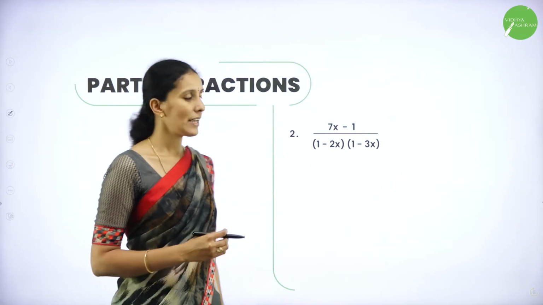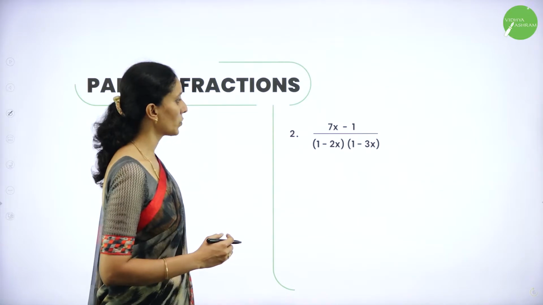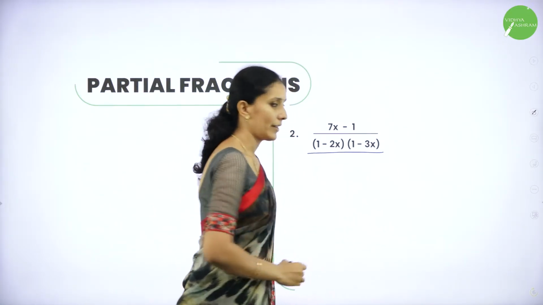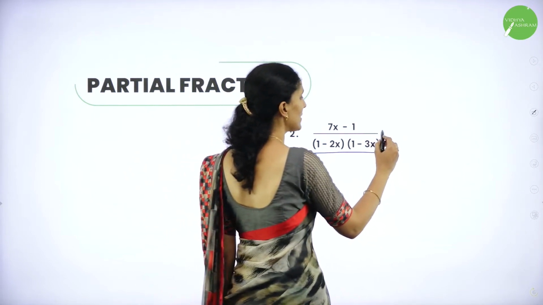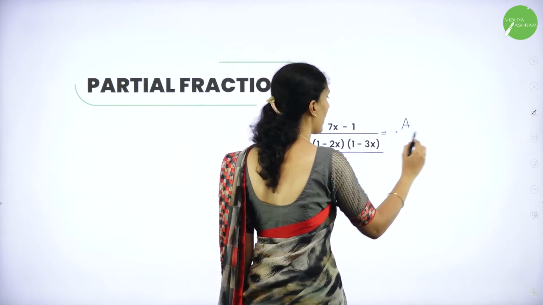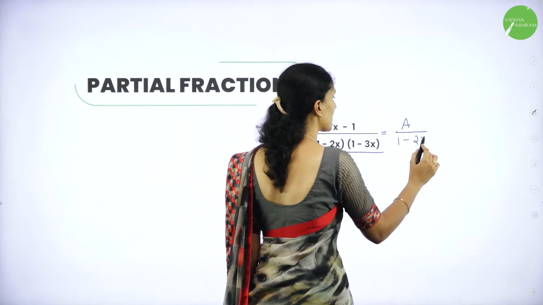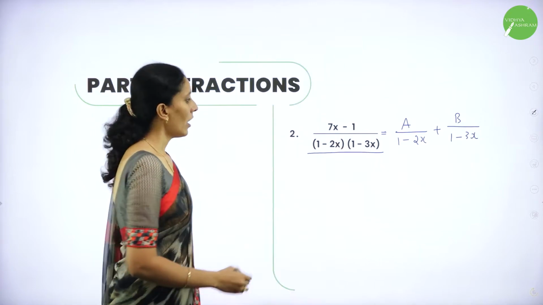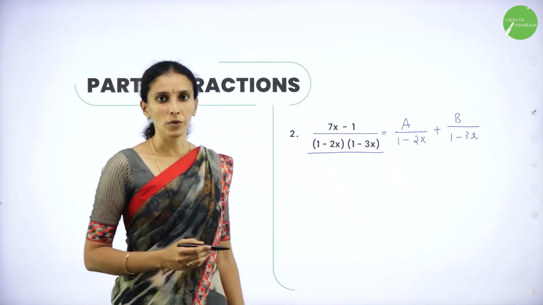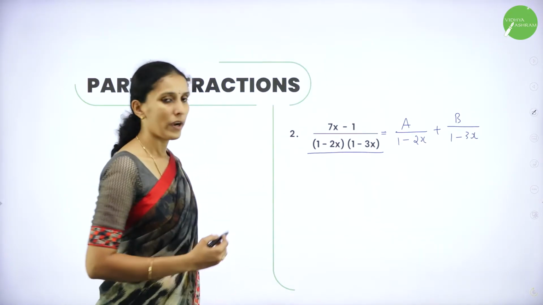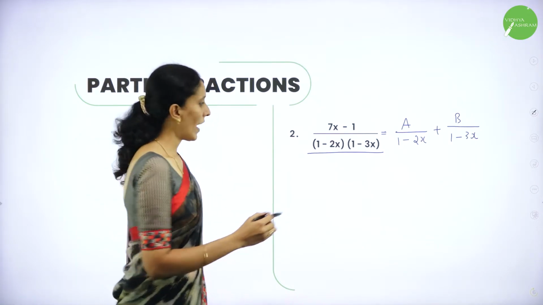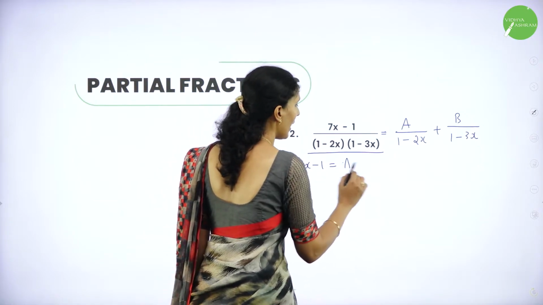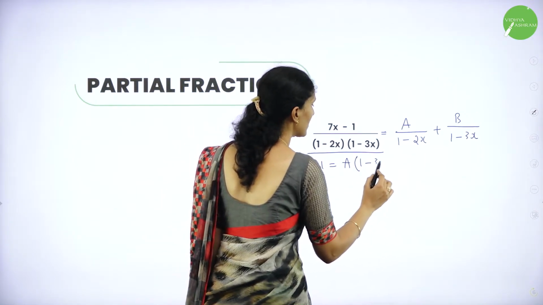Next problem, (7x minus 1) by (1 minus 2x)(1 minus 3x). So you have two different linear factors here. You can write this in the form A divided by (1 minus 2x) plus B divided by (1 minus 3x). Now, the LHS is the same on both sides, so we can equate the numerators. When you write this, you will get 7x minus 1 equals A into (1 minus 3x)